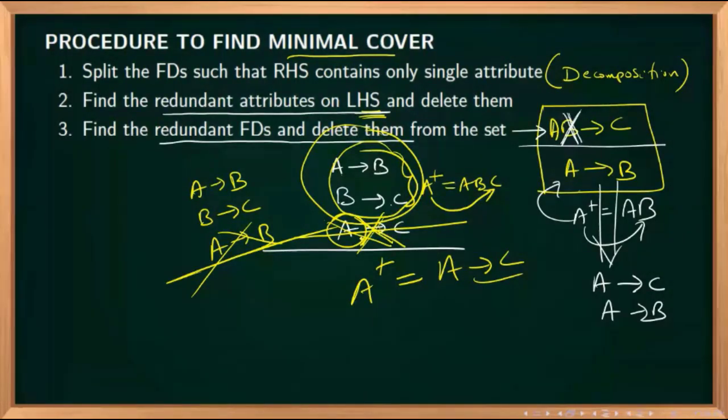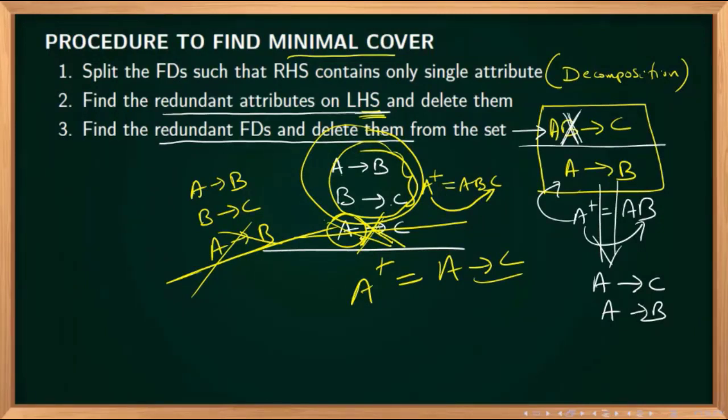Very good, fine. So two things, once again I will clarify. Two things I told you. You can remove redundant attributes from the functional dependency, and you can remove redundant functional dependencies from the functional dependency set. How can you remove a redundant attribute? Assume that one attribute, or a set of them, more than one is also possible, is removed. With the help of the remaining things on the left side, take the closure without considering that functional dependency. If you are getting the removed attribute, it is correct; you can remove it. Otherwise, you cannot remove it. Now, in the case of functional dependencies, you can remove any functional dependency.